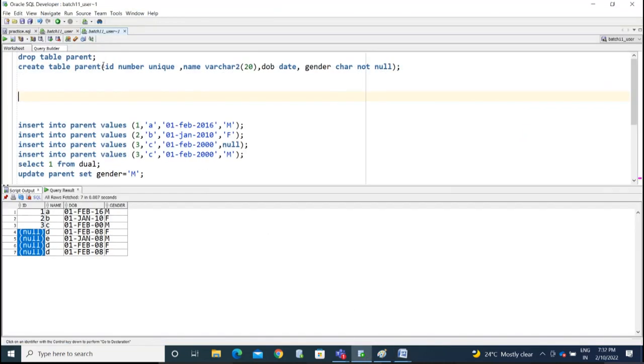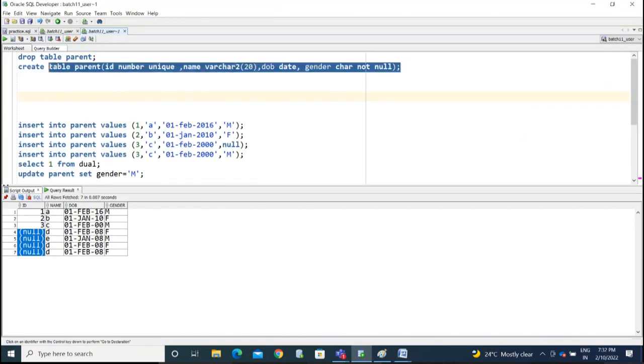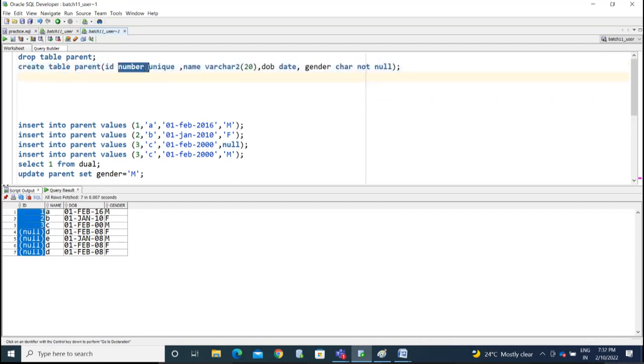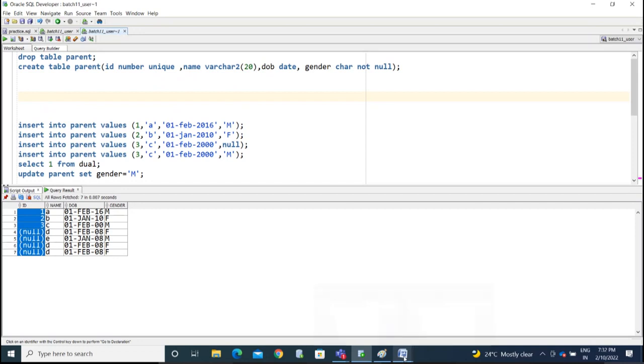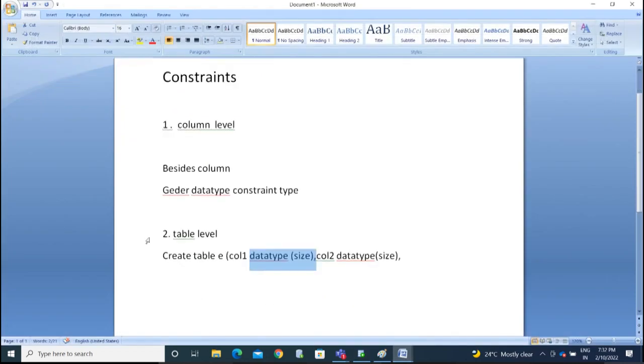How you created the table, that we can call a table definition. How you are creating columns inside the table, that you can call a column definition. Now we are defining at two levels. So the syntax is: define all the columns and data types for each and every column, then put an extra comma and mention the